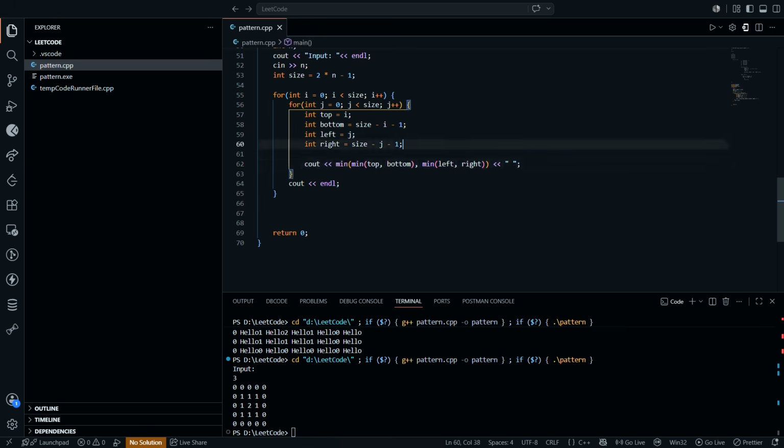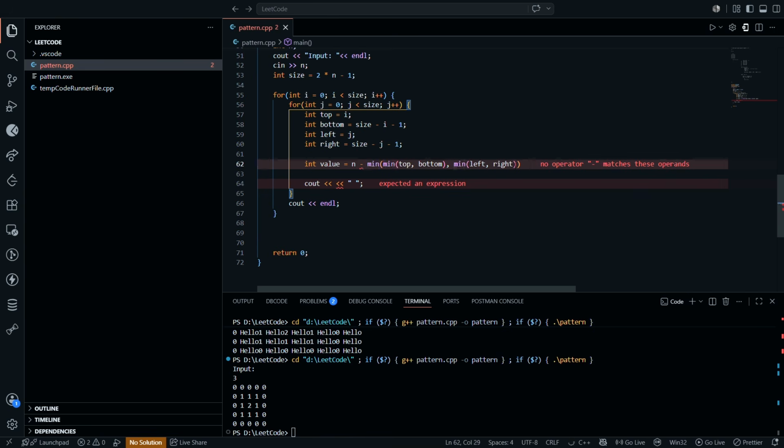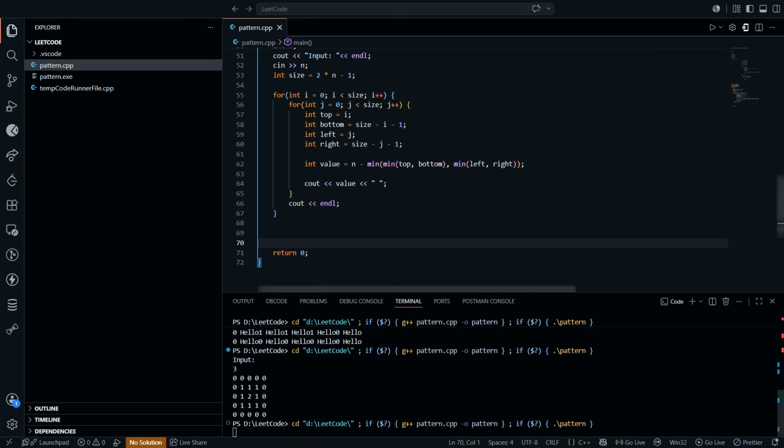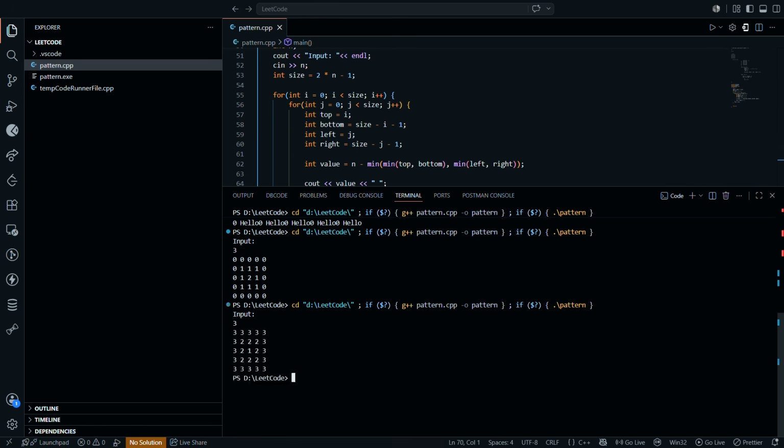So int value is equal to n minus the value of distance, the minimum distance from all the borders. Right, I think this is correct. And we get our desired output. Yep,